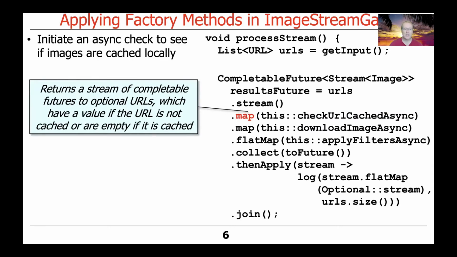What map returns is a stream of completable futures to optional URLs. And you might ask, why do we have optionals? We'll see the reason for that in a second. But leaving aside why we need an optional, just recall what an optional is. An optional is a special object that started with Java 8 that will have a value if, in this case, the URL is not cached, or will be empty if it is already cached. And so we're going to use this as a very, very clever technique to asynchronously handle results and allow us to filter them out without having to do any joins or gets along the way in order to use the